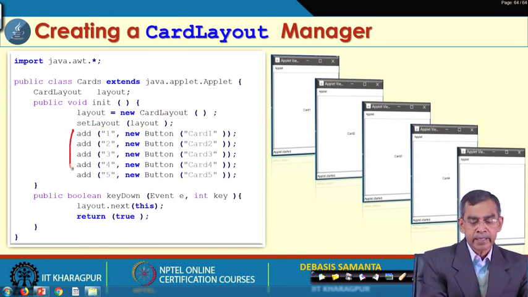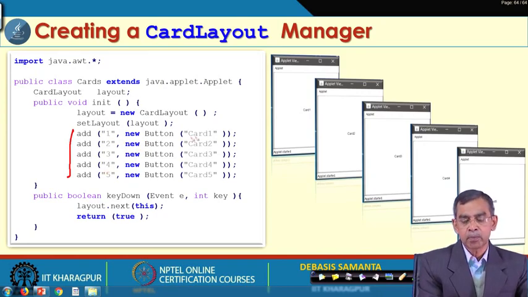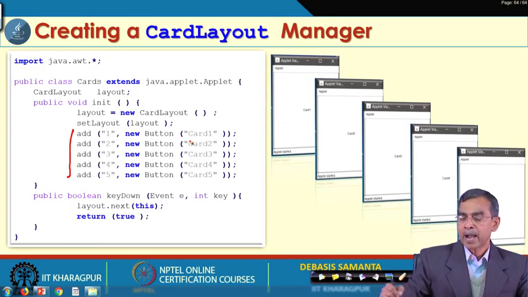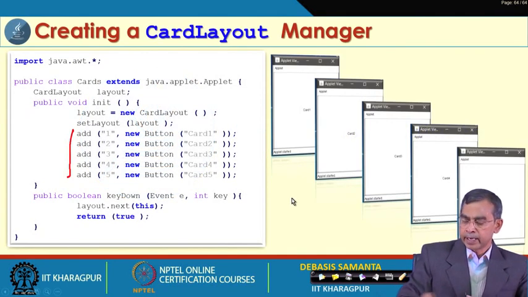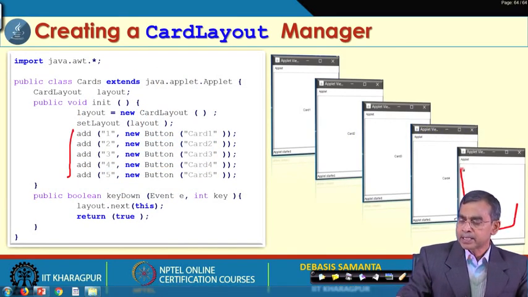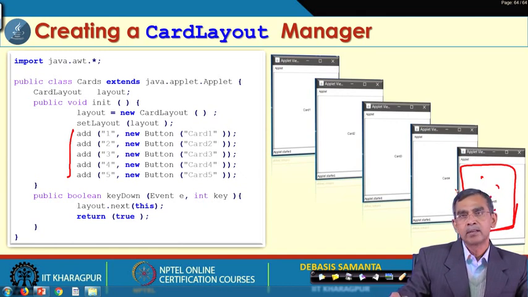Now, what we have added here is basically 5 buttons in the form of cards. So, these are basically the 5 different applet views here. In the first applet view, we just go on clicking and then automatically this will be there. I have used 5 different examples of course. So, first say suppose card 5. The idea here is that card 5 is basically the button. So, the entire button is basically one card and should look like this. Here the entire button looks like a card, but instead of a button some other things also can be included, whatever it is. It can include some other applet also in it.